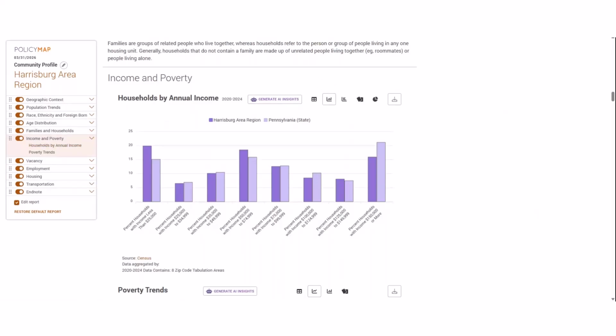In addition to that, the other piece that I had mentioned is introducing AI insights. Each of these modules will also have a button here, which allows you to generate AI insights. For example, for this custom region, looking at this particular section on households by annual income, if I click on the Generate AI Insights button,